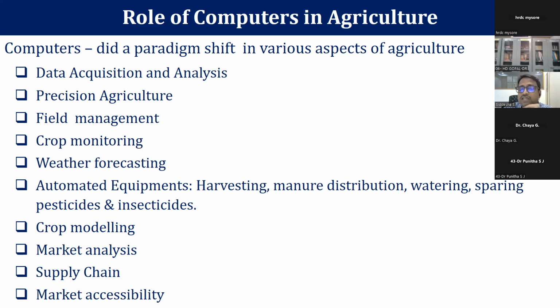The first and foremost thing is, suppose tomato is at 150 rupees per kilo, so everyone starts growing tomato. We are not doing any analysis of what the demand and supply is, how much demand there is. Without knowing that, everyone is growing the same crop. That leads to excess production, and when it enters the market, the prices are rock bottom. Farmers feel that they are not getting even what they have spent. That is a disaster.